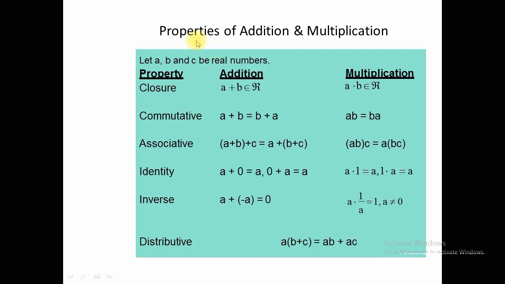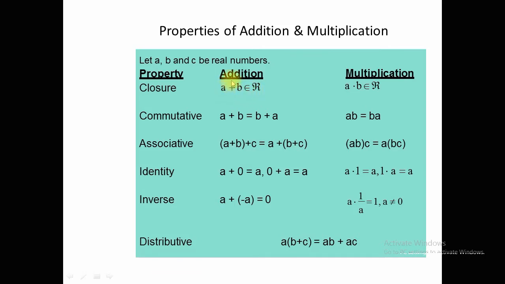With respect to addition and multiplication, the set of real numbers has these properties. Number one is the closure property. Let A, B and C be any three real numbers. Then the set of real numbers has the closure property with respect to addition and the multiplicative closure property with respect to multiplication. Closure property means that if A and B belong to the real numbers, then A plus B also belongs to the